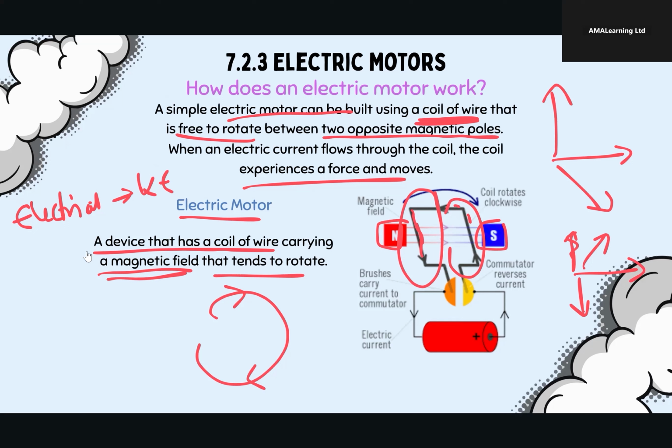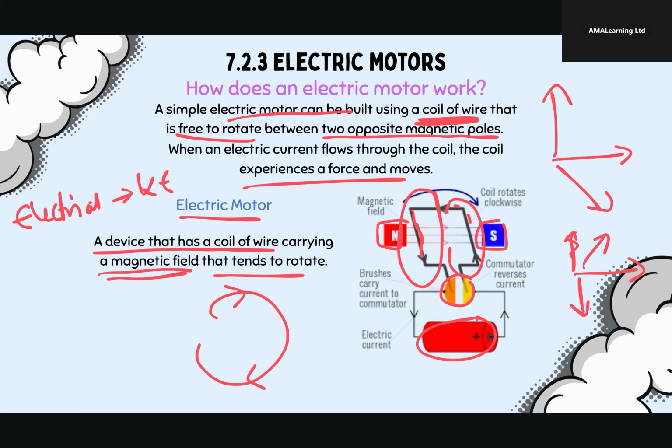So the simple motor, as we know, has a coil of wire that has a current flowing through it. It's got your north and south pole magnets. It's got a power supply, a battery, and it's got a commutator. So this is your commutator. The commutator just helps it spin, as it allows it to freely spin. But you don't need to know too much detail about the commutator. Now, what happens when current flows? The coil carries the electrical current,